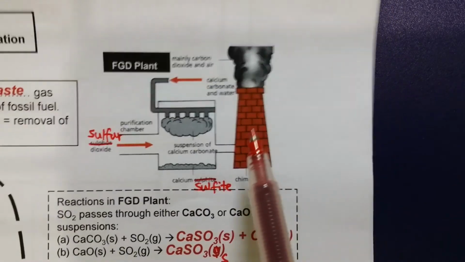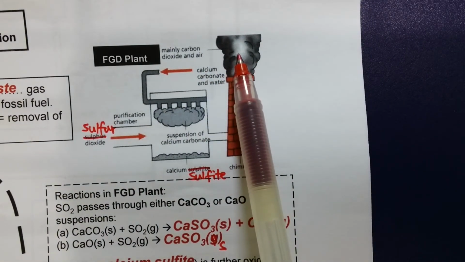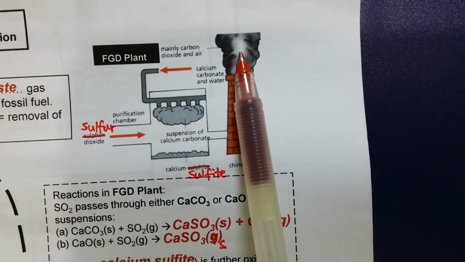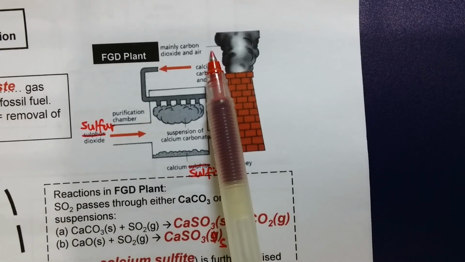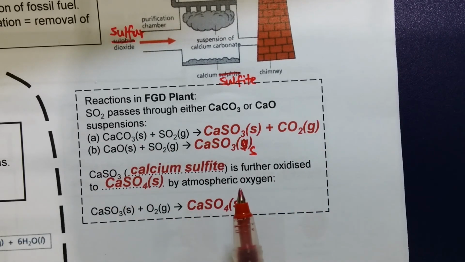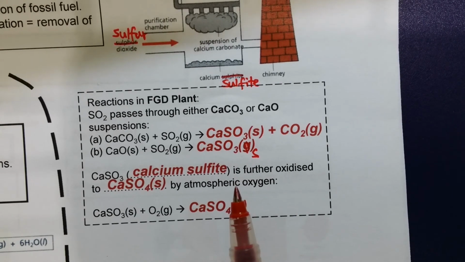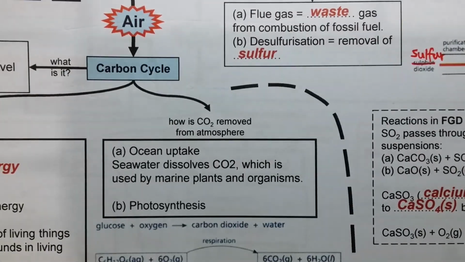So whatever gas comes out would be mainly carbon dioxide. Sulfur dioxide comes in here, and whatever comes out from the chimney would be mainly carbon dioxide and air. So these are the reactions that take place in the FGD plant, or flue gas desulfurization plant. As I mentioned, this